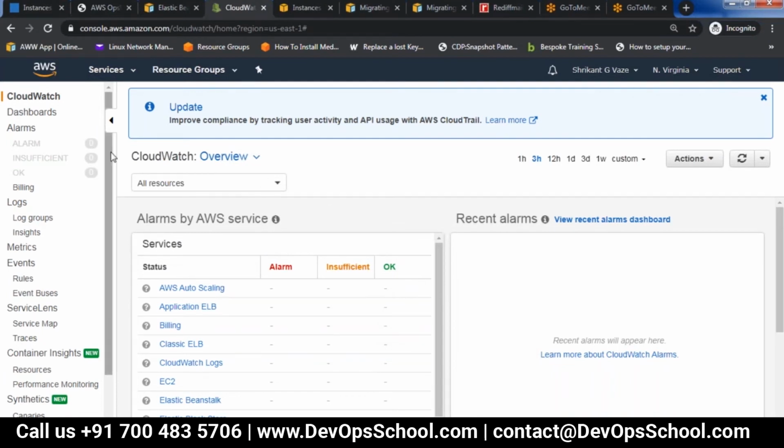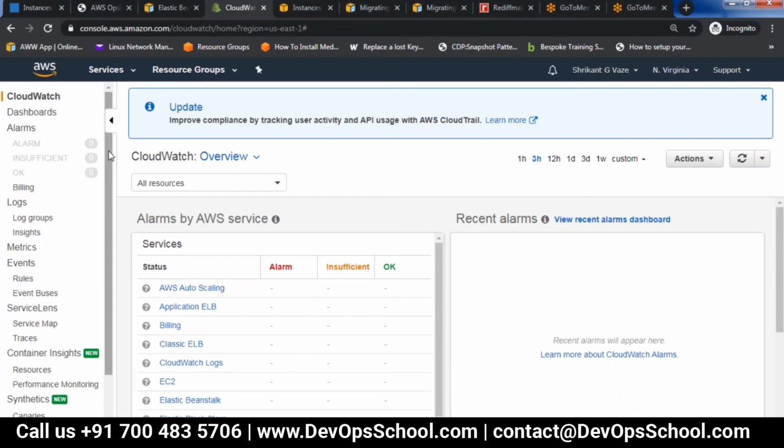We will be covering certain things on CloudWatch. There are a lot of new things which are added. We will not be covering that. We'll be touching upon the essential part of CloudWatch.